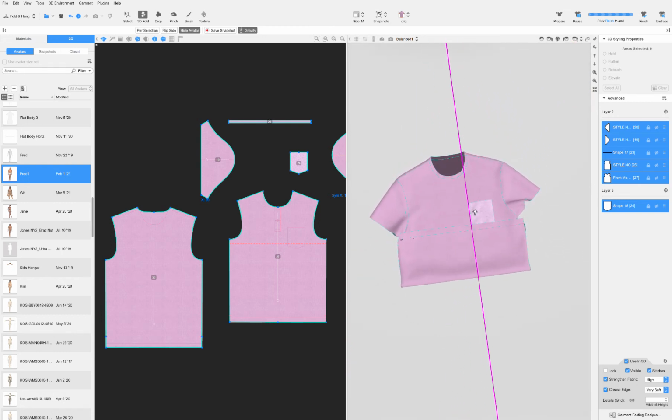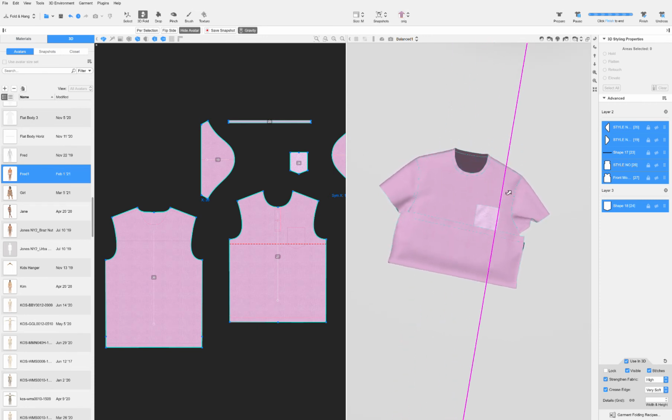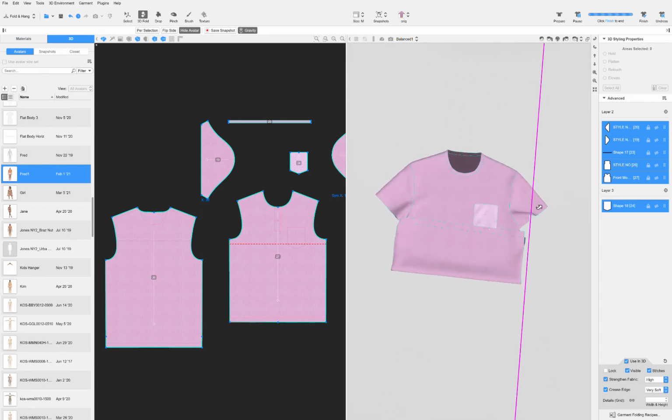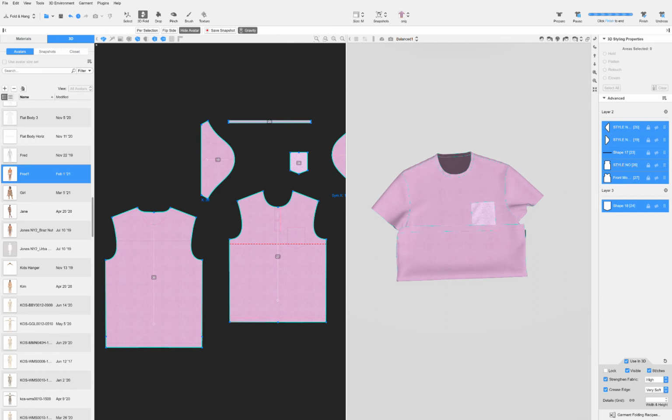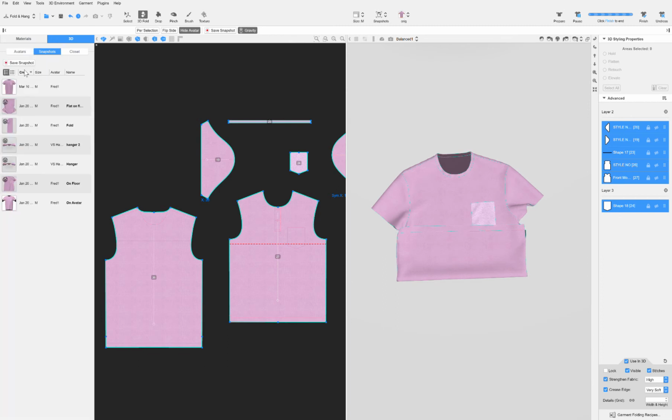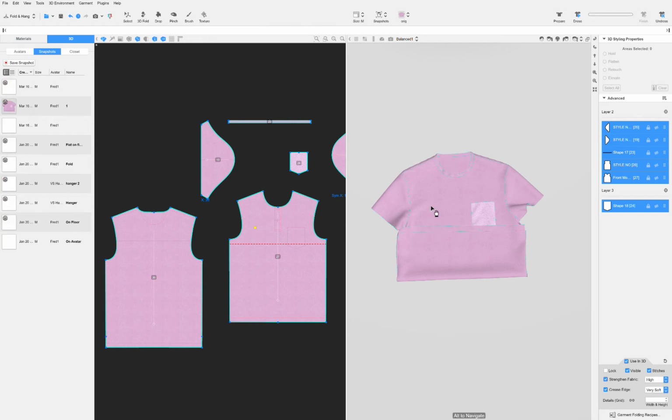I can create more folds now. I would create snapshots after every fold just to make sure that you can go back to where you previously were. So I'll save a snapshot. And then my